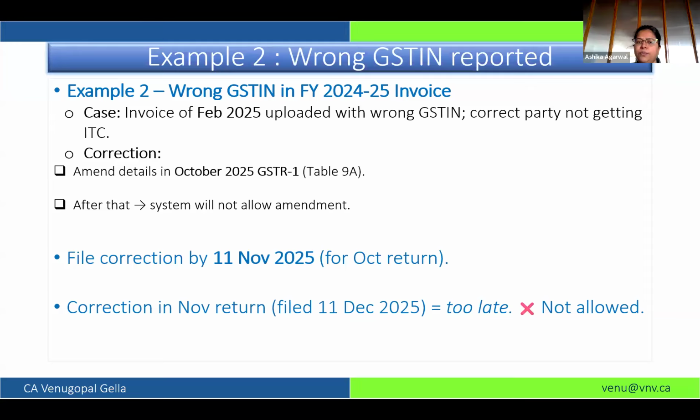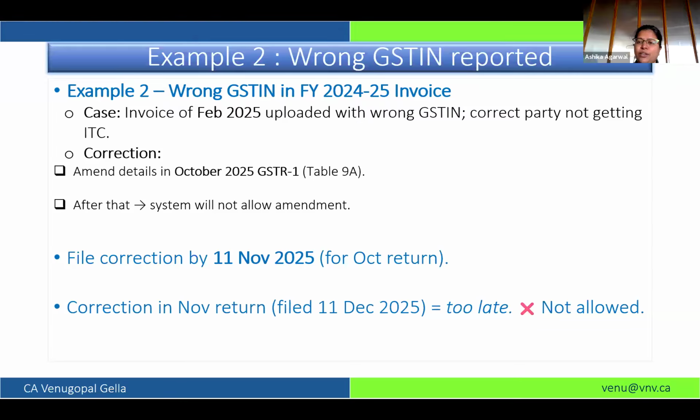So if it is wrongly reported, it will go to the wrong recipient, because based on your GSTR-1, data gets auto-populated in GSTR-2B. If you reported a wrong GSTN, it will get auto-populated in the wrong counterparty's 2B. So the party who actually is the receiver of this invoice will not get the ITC credit as it is not auto-populated in 2B.